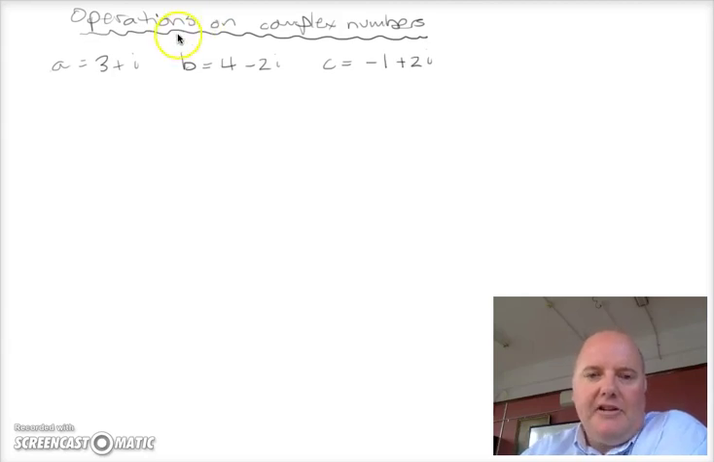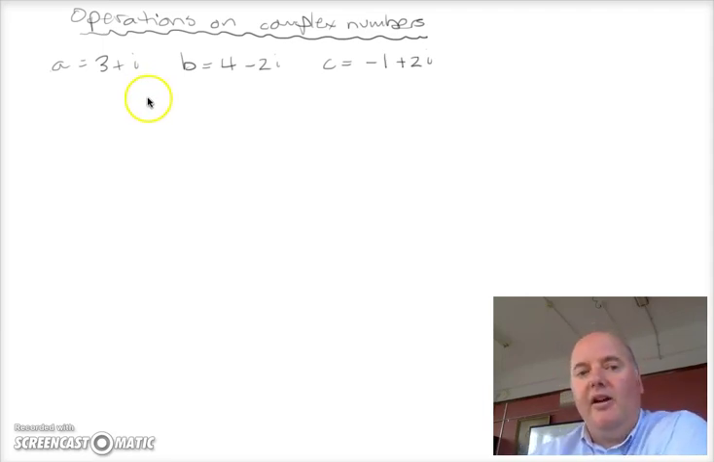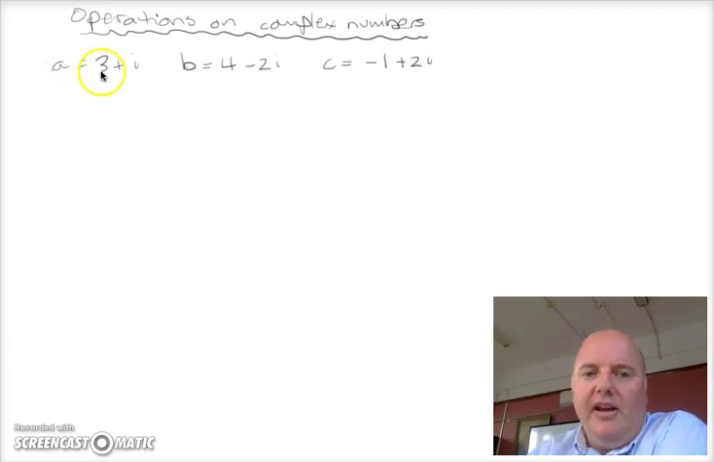So what I'm going to do now is show you how to do some basic operations with complex numbers. And the beauty of complex numbers is they operate very similar to your basic algebra. So you group like terms, you multiply things out the same way, and you can even rationalize them very similar. So let's say we've got three complex numbers, a equals 3 plus i,